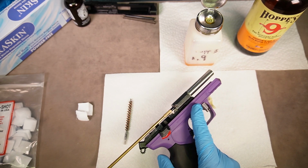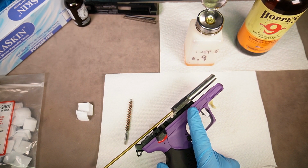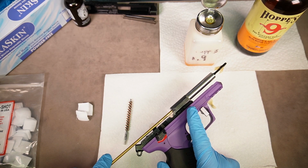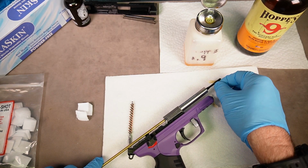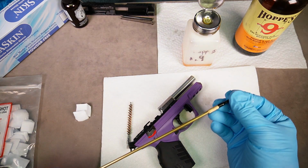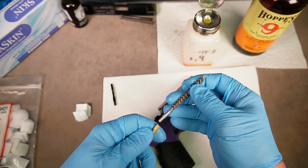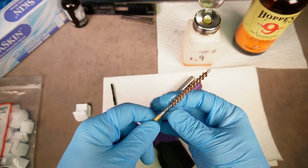All we're trying to do right now is soak the inside of the barrel with the Hoppe's number 9 solvent. Let it start doing its work. So after we do that, we're going to let it sit for a few minutes. Alright, while it's sitting, we're going to take the loop off and we're going to put on our 22 caliber